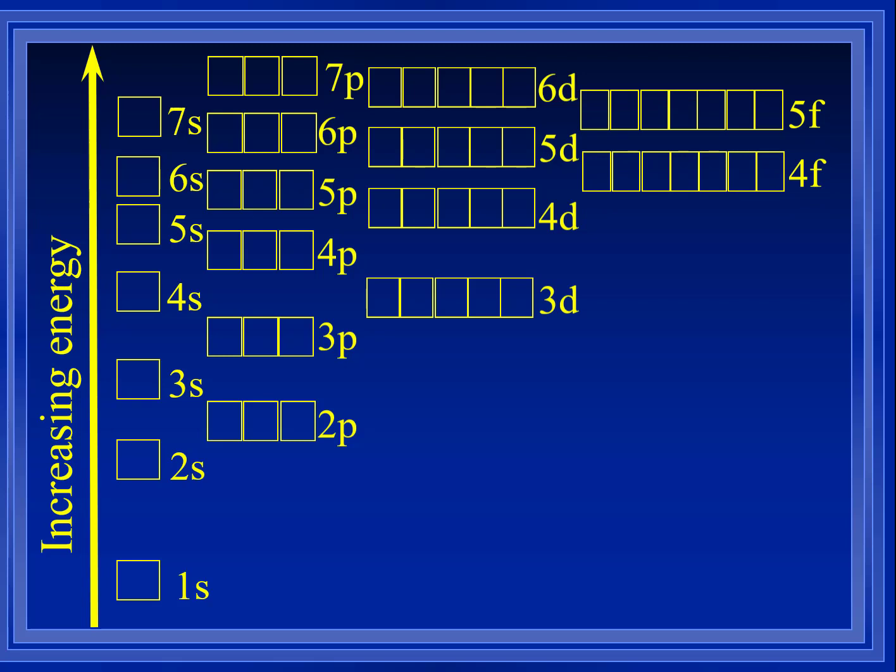So that if you follow it up, first you fill up 1s, then 2s, then 2p, everything's going good. 3s, everything's going good. 3p, everything's going good. But 4s